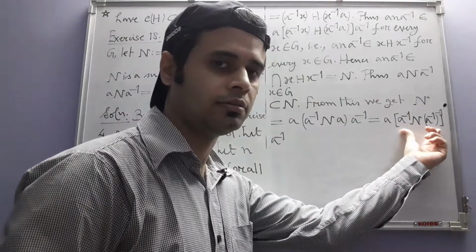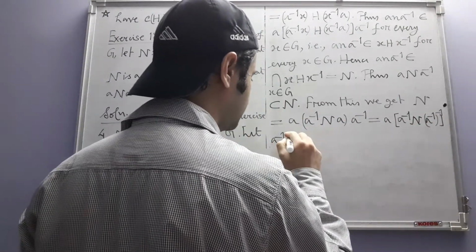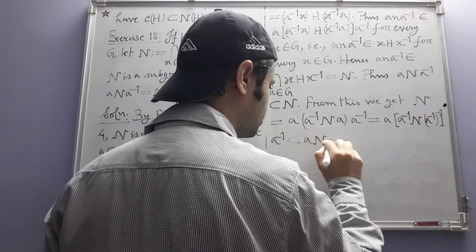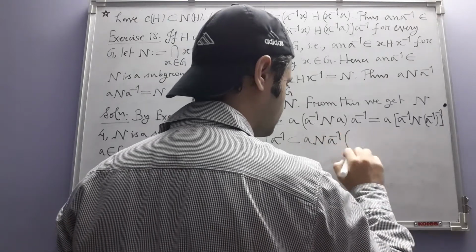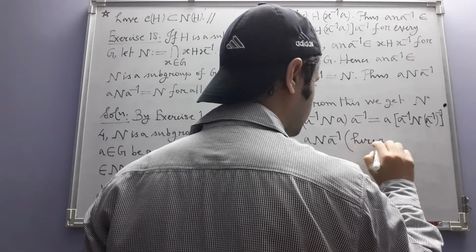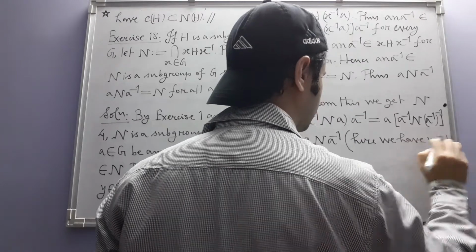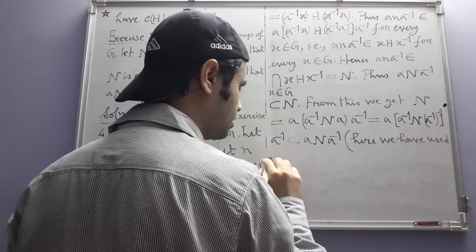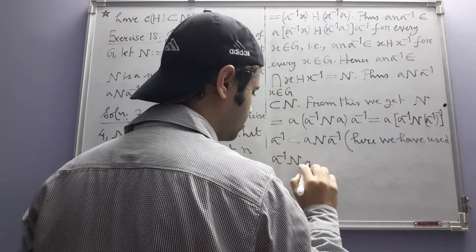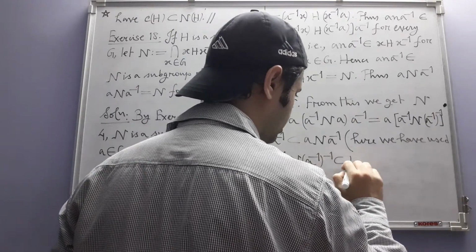That will give us this thing, so that will also be contained in N. And from there we get the fact that this whole thing is contained in N. Here we have used this inclusion, A inverse N A inverse whole inverse contained in N,